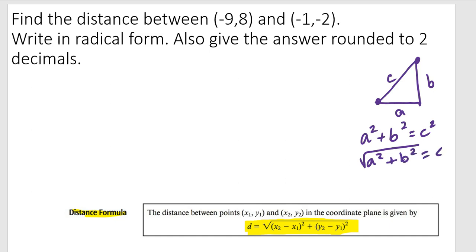So we're going to use both of these methods to see which one makes more sense to you. You can use either one. So find the distance between these 2 points. If I'm going to use the distance formula, I just label each point. I know each is xy, and I label one point 1, and the other one 2 since it's point 2. So we say the distance is,